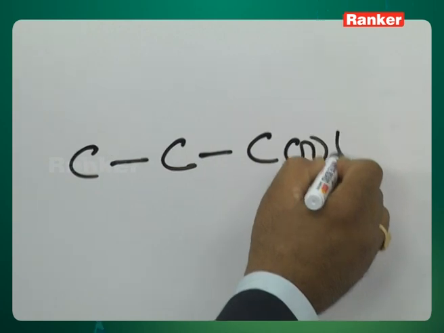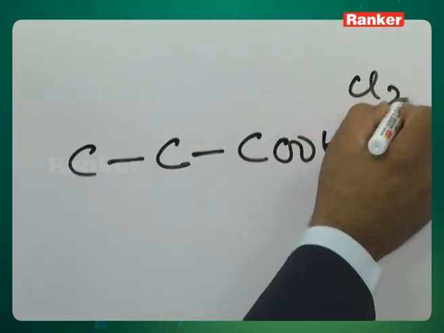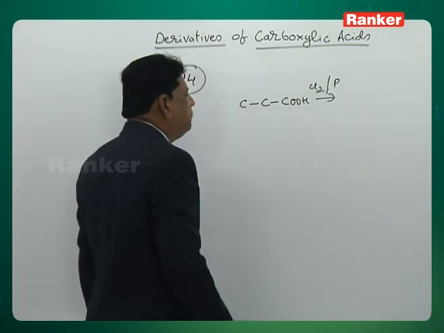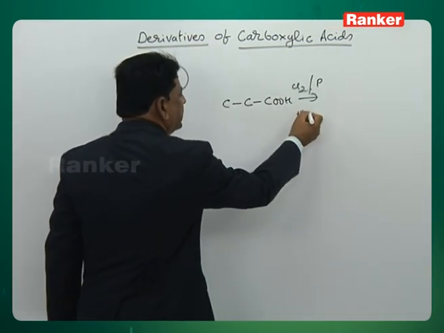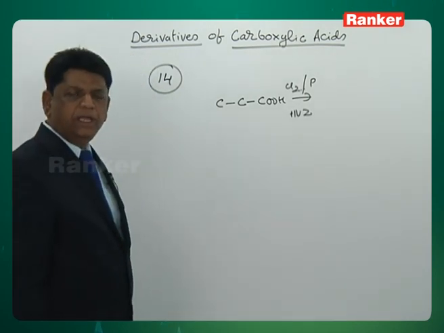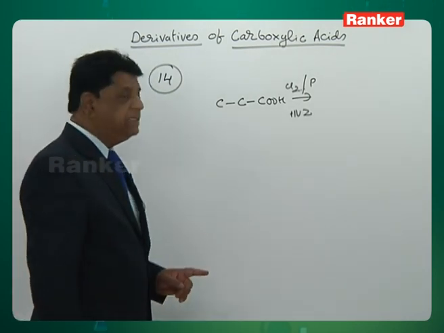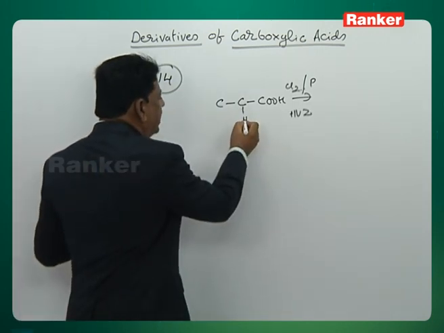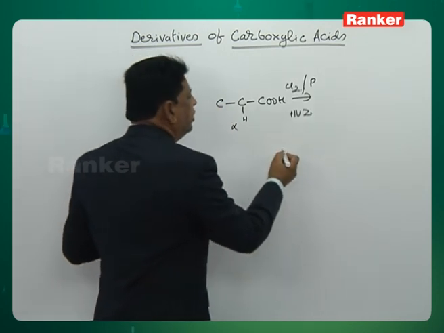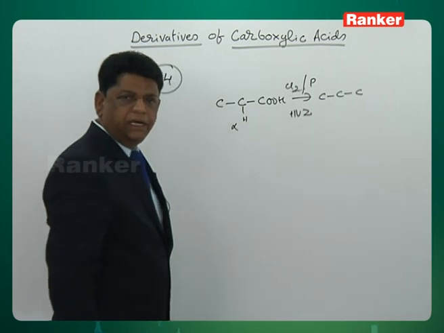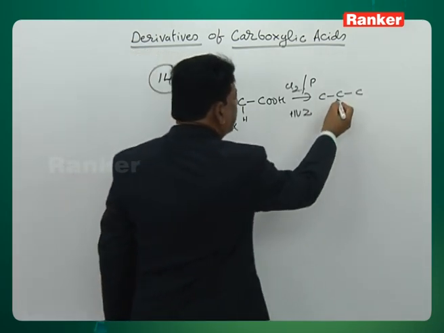Here the compound is propanoic acid treated with the chlorine and the phosphorus. This is called an HVZ reaction, in which alpha halogenation takes place. It is known as what? The Hell-Volhard-Zelinsky reaction. In this reaction, one of the alpha hydrogens gets halogenated. So, the reaction becomes an alpha chlorination, which takes place at the alpha carbon,